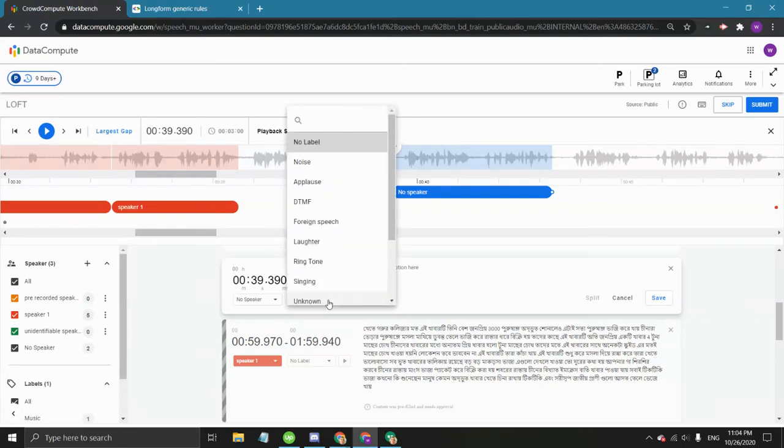This video will explain the annotations used to annotate speech. We have three of these annotations available. They are foreign speech, singing, and unintelligible. The foreign speech annotation is used to annotate whenever a speaker says a word that's not in the language that